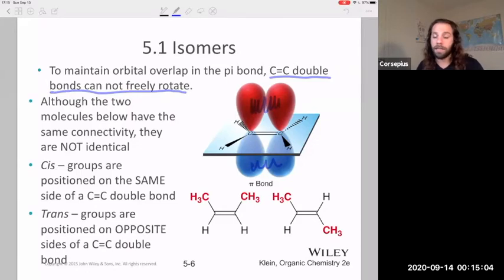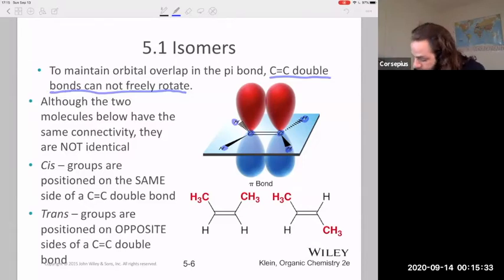So alkenes cannot rotate about their double bonds. No, nothing can rotate about a double bond. A double bond is fixed. Not only that, but also just note a good thing to keep in mind about alkenes is their geometry is planar. You have 1, 2, 3, 4, 5, 6 atoms that are all lying in the same plane in an alkene. Okay, so because alkenes don't rotate, those positions aren't exchanging, we have this same concept of cis and trans